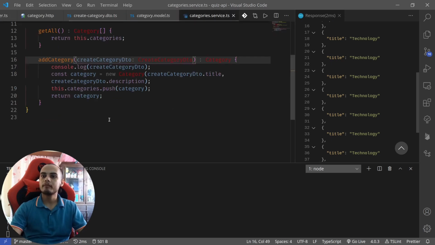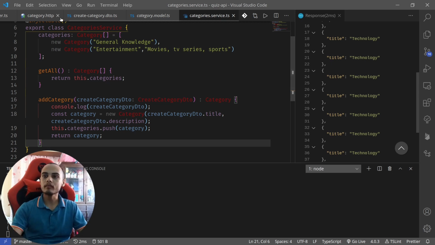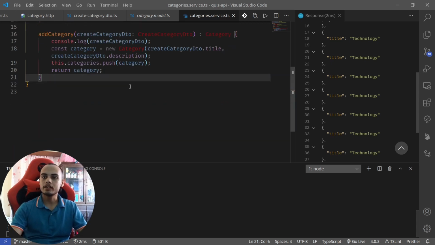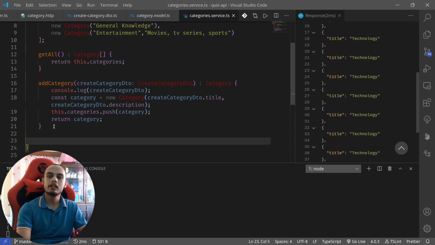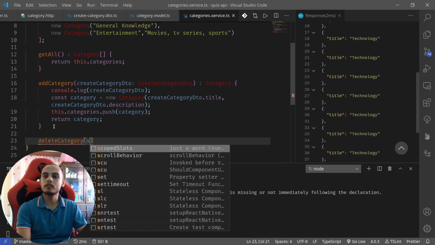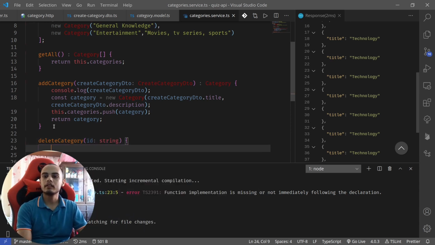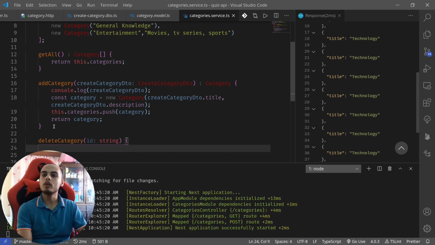But for now, we'll keep it as it is. Now that we can get the category and add a category, let's simply create delete category and update category functions, but we'll complete those by adding database connections. So first in the service, I'll create delete category, and for this, most of the time we get an ID string and then we delete by ID. But for now, we'll check the ID with the title. We don't have an ID, so